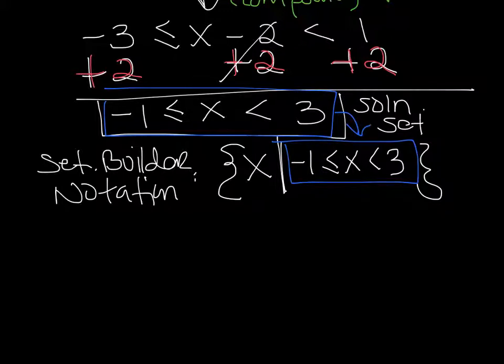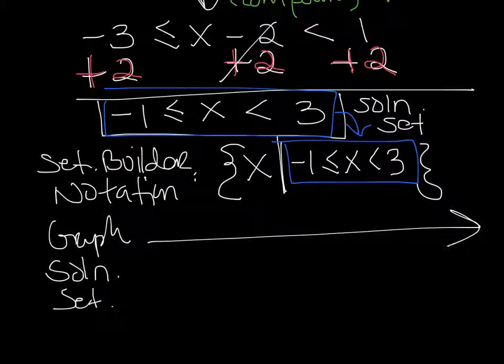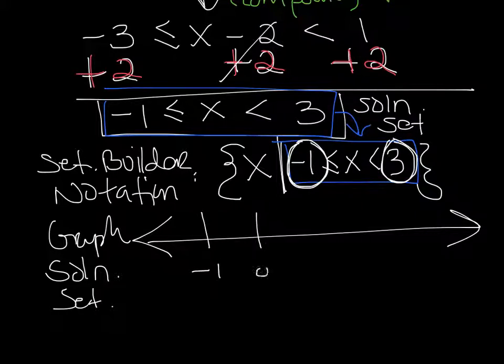Okay, let's graph the solution set. So we have our real number line, and we have a number on the left and a number on the right. Well, obviously -1 is less than 3. So -1 is here. We can write 0, 1, 2, 3, and so on. And I would start with, let's see, let me change some colors. Let's do blue. So -1,